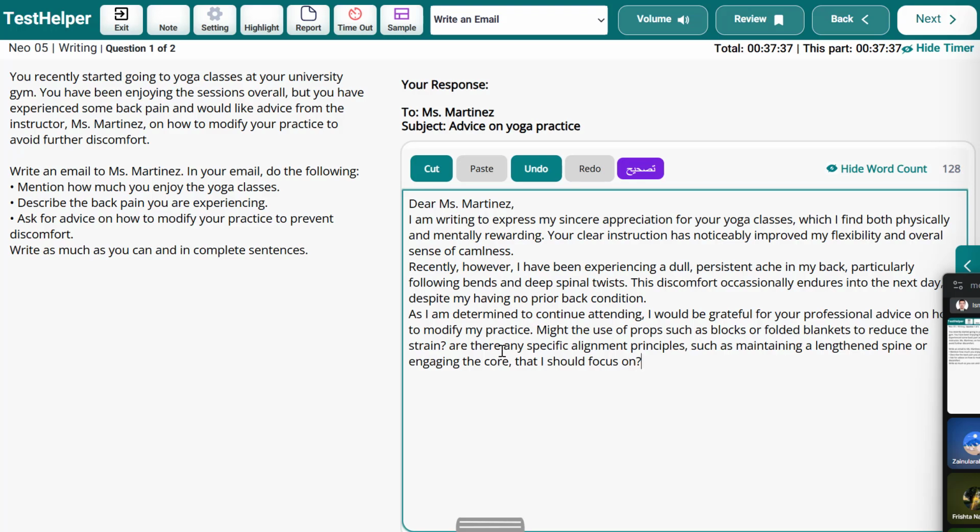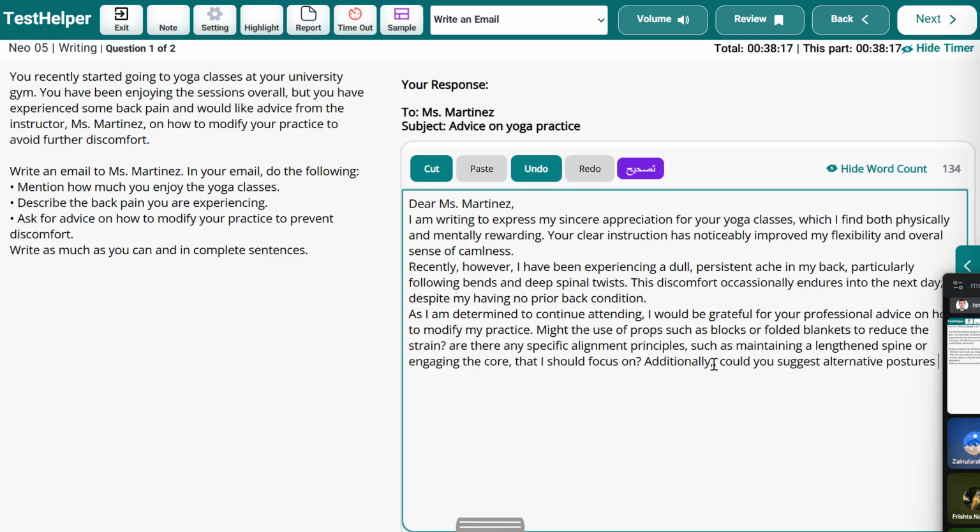It is an alternative because here it said advice on how to modify your practice to prevent discomfort. Here we are asking for a specific modification. We're asking, if you do this, how about that one? And if we want the other person to suggest to us, we can add more of this using additionally, furthermore, and so on. So we can add another one as well. Additionally, we can have, could you suggest, for example, alternative